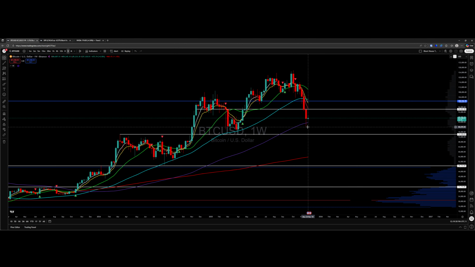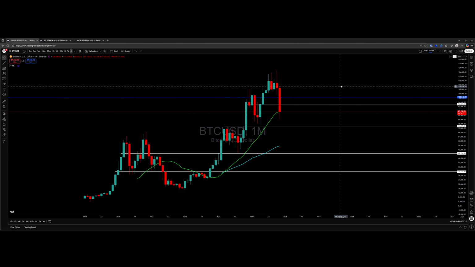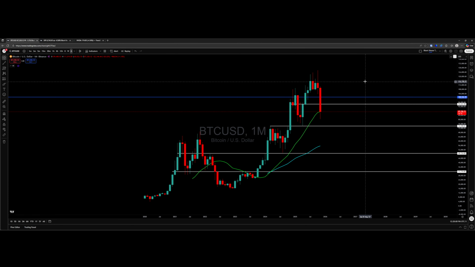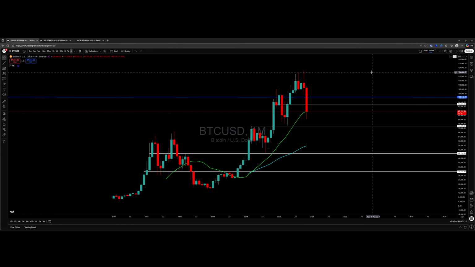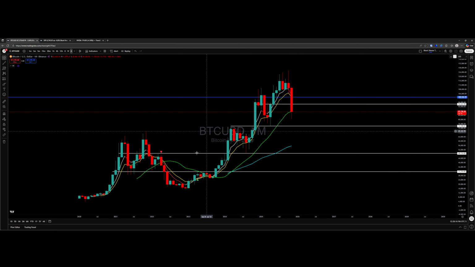I do not like how this wick broke that level. And when we go to the weekly chart for Bitcoin, and again, you can appreciate it's still a relatively new asset, right? But here on the monthly chart is all that's showing, because time only allows for so many of the averages to appear. You have the 20 monthly and the 50 monthly. This is the first time